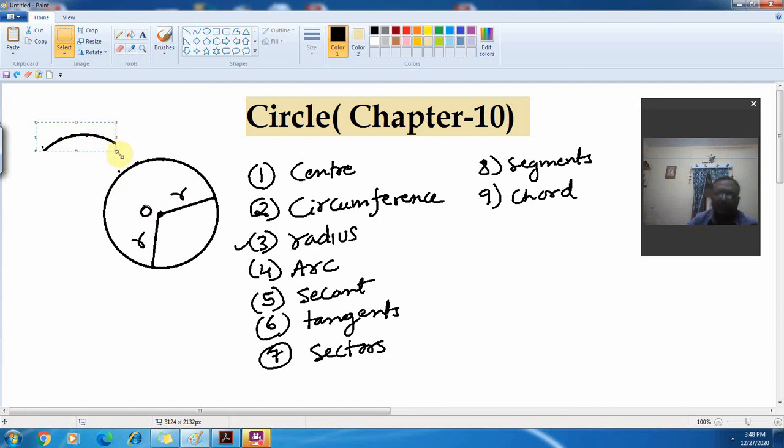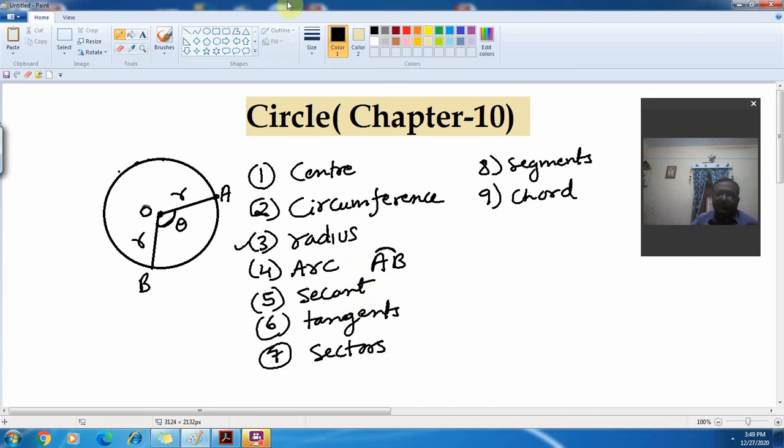Okay, so you can say an arc subtends some angle at the center also. Suppose I take an arc AB like this. This is a point A, this is a point B, and this portion from A to B is actually an arc which will subtend some angle at the center. Suppose the angle is theta. This is the angle at the center. So this is called arc AB, and it is generally represented like this: arc AB with a curved sign on the top of AB.